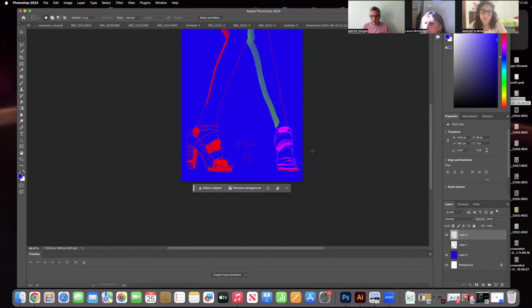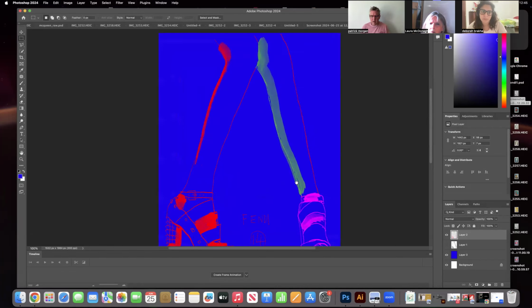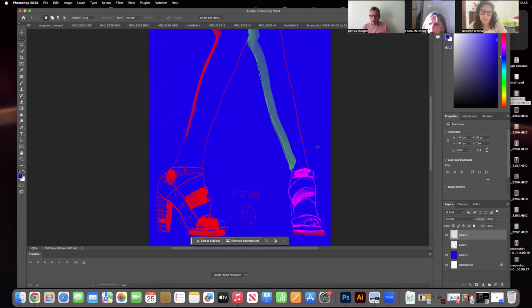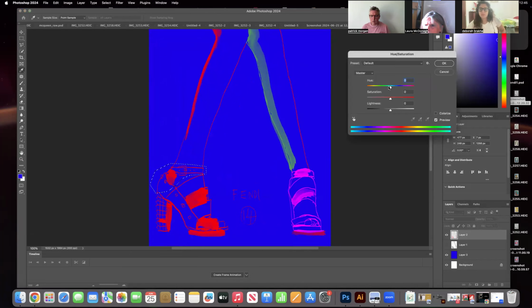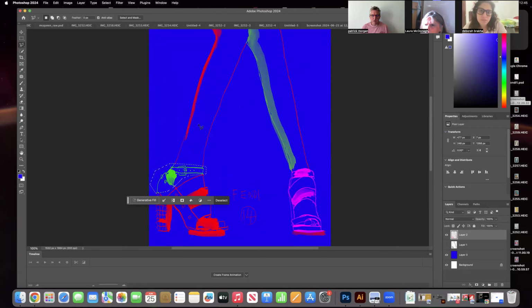So now you can see I've got this drawing and I'm able to play about with different parts of it. See if you can go in quickly and just change little bits of the parts of the drawing, using hue and saturation to change different colors and different parts of it. We'll make it multicolored. So I'm just going to go around. If you just go in, just getting used to using one of the shortcuts